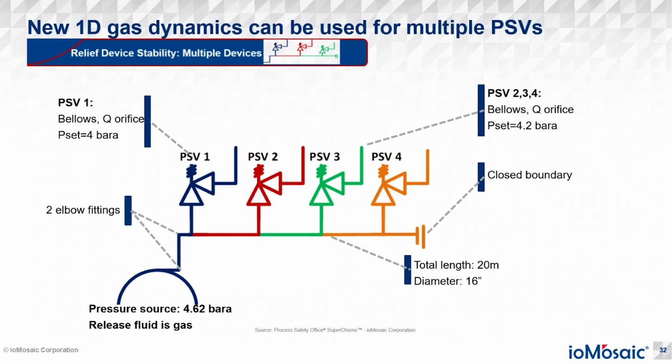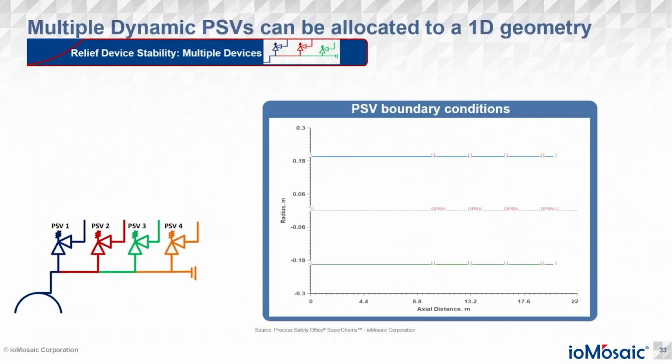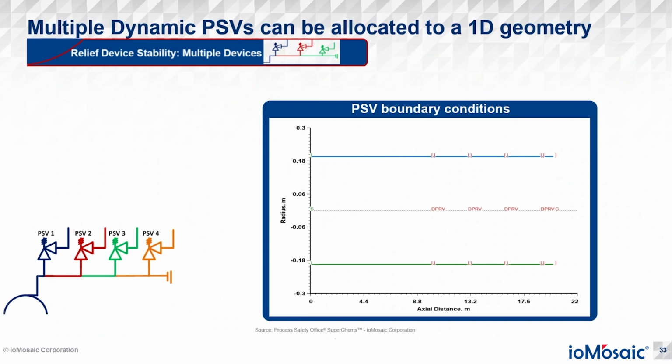And then I've got a reasonable length of pipe, around 20 meters or so, with a diameter of around 16 inch, to provide a greater flow area, the intent being to keep all of the PSVs in motion. But as we'll soon find out, the system does actually have problems when we use the 1D gas dynamics. So if I take this example, which Charlie actually showed briefly in his examples,